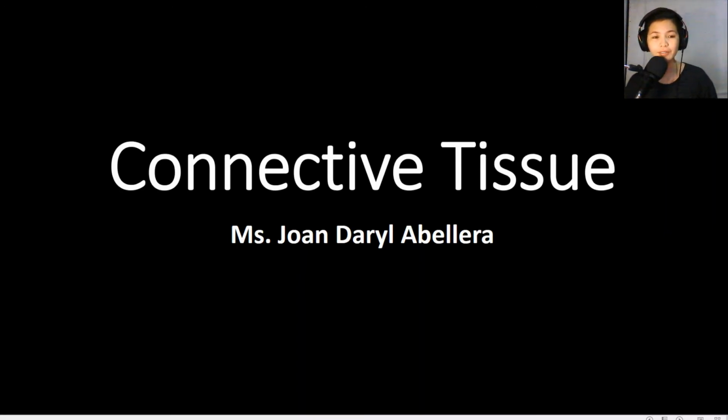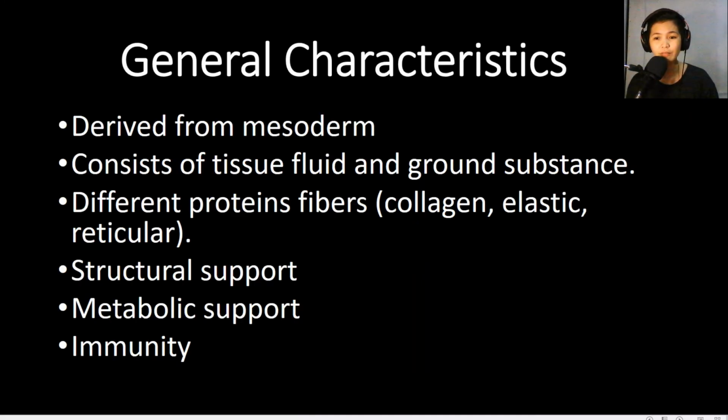Hello again. So this will be our second lecture in histology. So for today, we're going to talk about connective tissues. Connective tissues derive from the mesoderm that provides structural and metabolic support to all other tissues and organs of